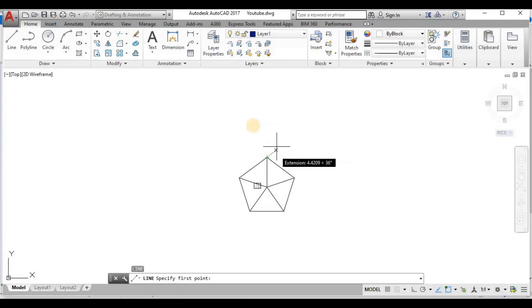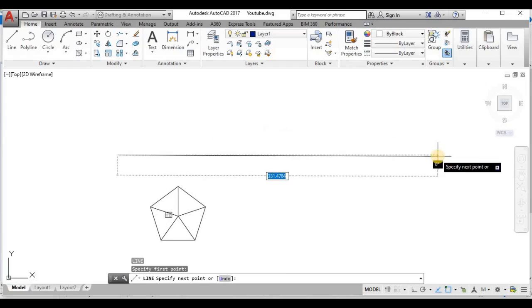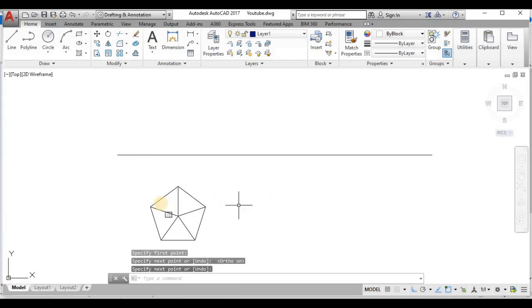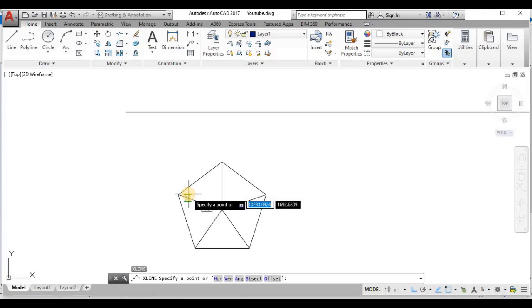With the center portion, I need to extrude the value to form the elevation, that is the front view of the section. So I shall draw the baseline. Now I need to form the extrusion lines, so I shall use the Xline command, that is Xline, the short form is XL. And for drawing the line, we can use the short form XL, or you can give the command Xline.